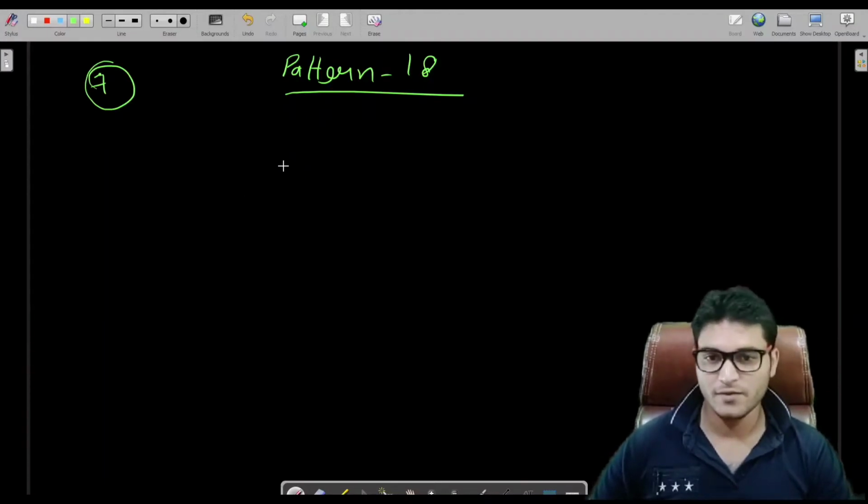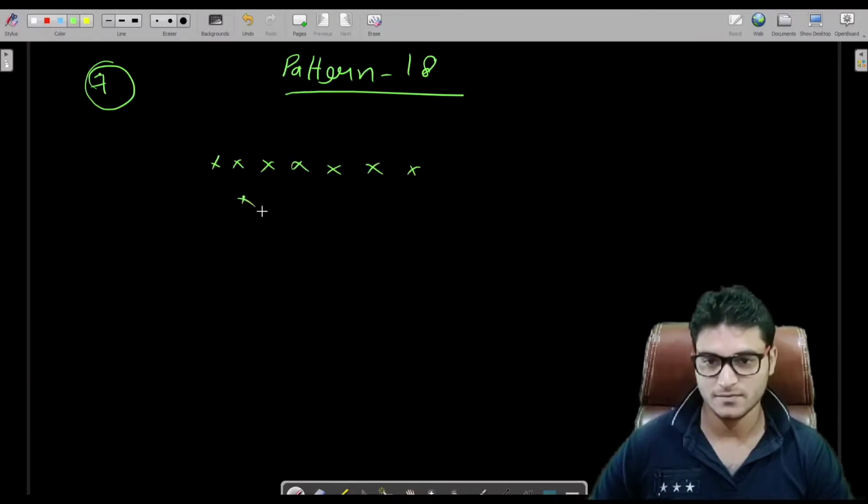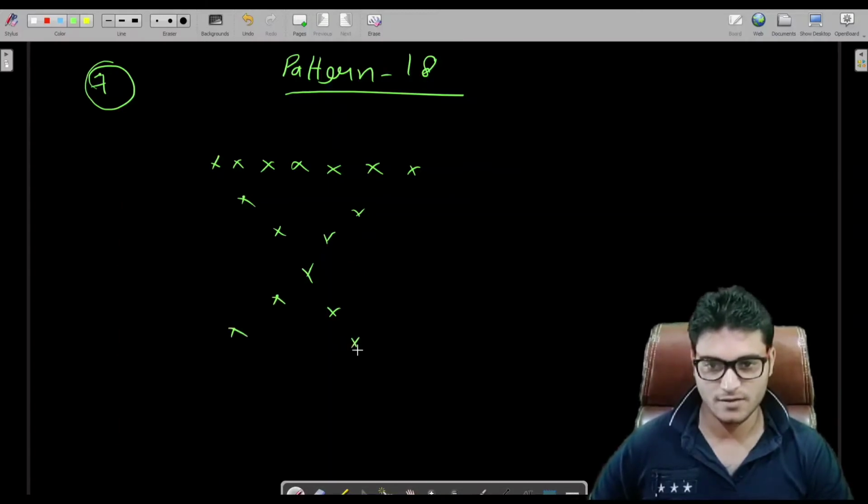So let's say we have this type of shape, 2 3 4 5 6 7, and here and here. If you think a little bit, we have already made a program, a little bit similar to this, for printing this shape.